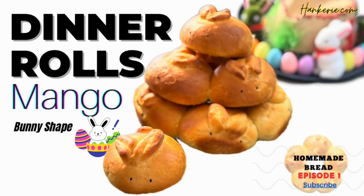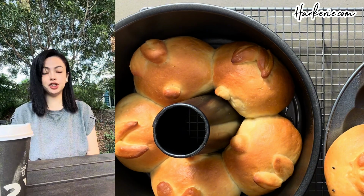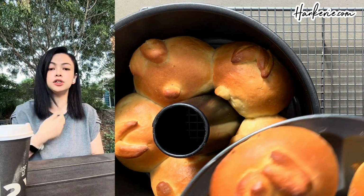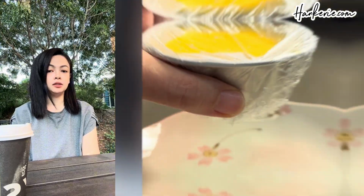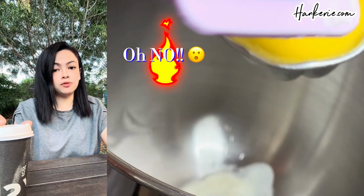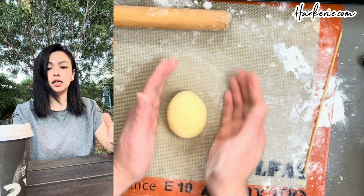Let's have fun! Making some mango flavor bunny shape dinner rolls. Hi everyone, Easter is just around the corner. I'm excited to share a fun and delicious recipe with you. Mango bunny buns. Now I know what you're thinking. Mango pudding disaster. Don't worry, this recipe is a creative way to save the pudding and turn it into a